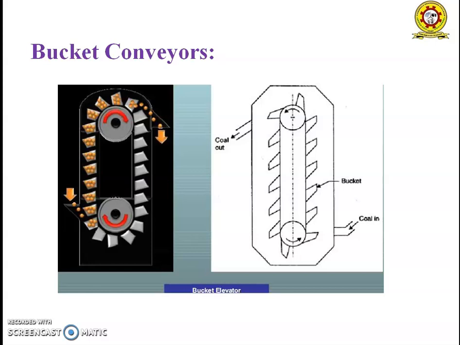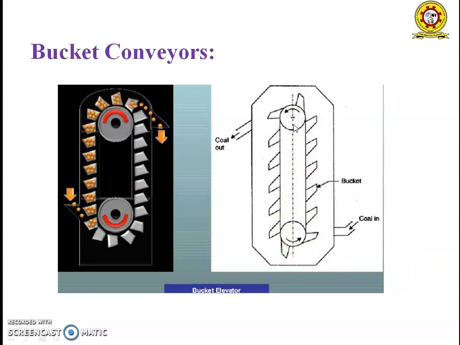The bucket conveyor consists of buckets as shown below, and there are two rollers which support the buckets to move in. Bucket conveyors or elevators move bulk material vertically, much like conveyor belts. Buckets are arranged on a rotating belt and fill with the material at the bottom of the elevator, then move to the desired point. That means the coal inlet is here and the coal is moved from here to here.